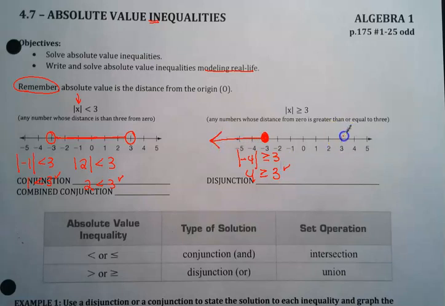Our other one's going to be at the positive 3. It's closed in again because it's greater than or equal to. And we want the absolute value of the number, the variable x, to be greater than, so it's going to be the stuff that's here to the right. So when we have an absolute value, we're going to end up with a conjunction and a disjunction. Two different ones. Kind of interesting. So with that being said,